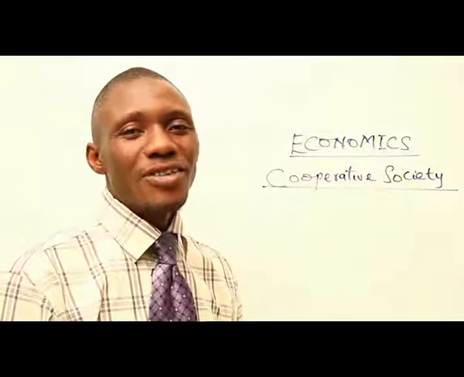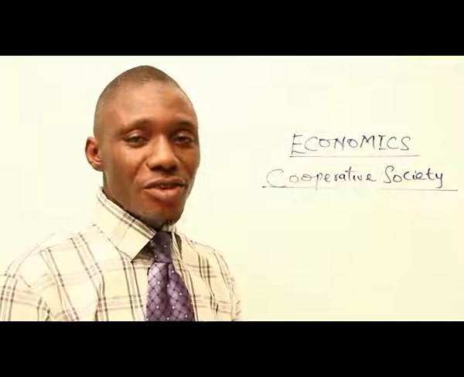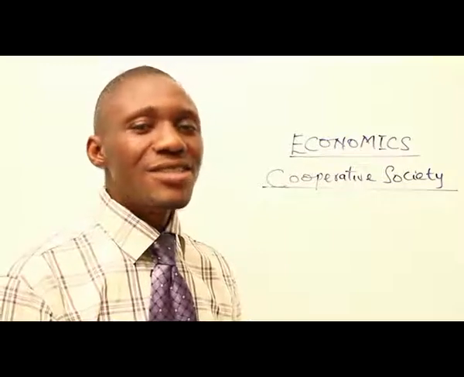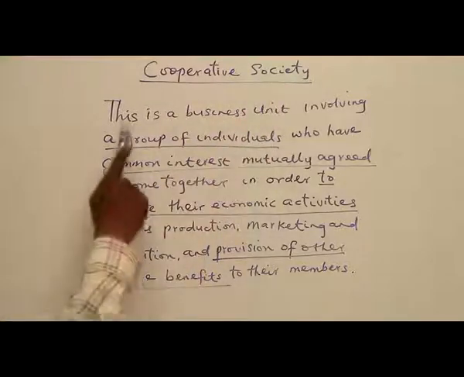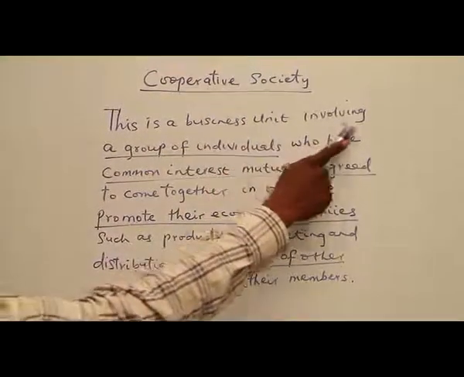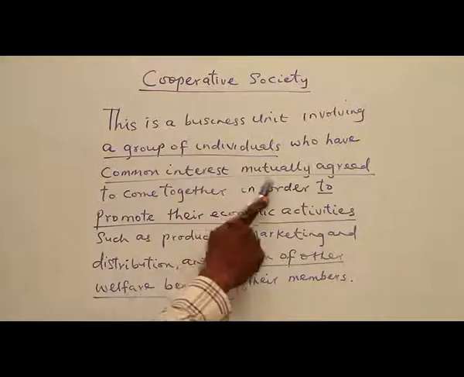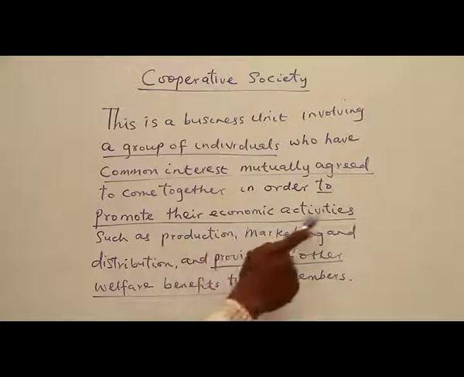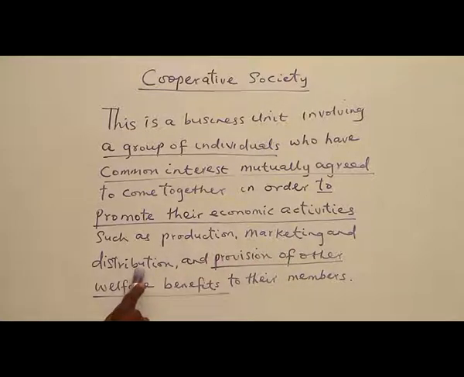At this moment in economics class, we shall be looking at cooperative society, looking into the definition of cooperative society, features of cooperative society, types of cooperative society, likewise advantages and disadvantages of cooperative society. Cooperative society. This is a business unit involving a group of individuals who have common interests, mutually agreed to come together in order to promote their economic activities such as production, marketing and distribution, and provision of other welfare benefits